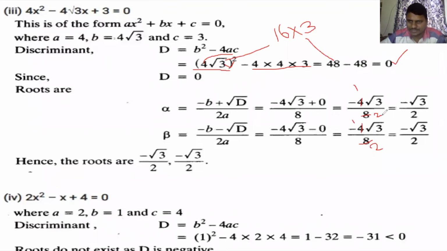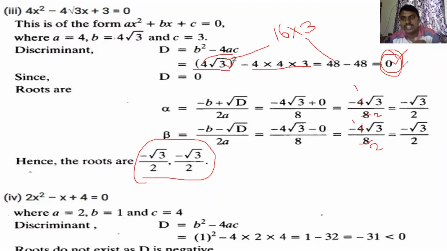I'll tell you one thing. Look here, one small relation is there. Very simple, children. If you get b square minus 4ac equal to 0, whenever you get that, the roots are equal. Here the roots are minus root 3 by 2, minus root 3 by 2. Maybe 2, 2, 3, 3, 4, 4, 5, 5, 6, 6, like that you will get. When b square minus 4ac is equal to 0, that time the roots are equal. That is next class. However, keep it in mind, just a hint.